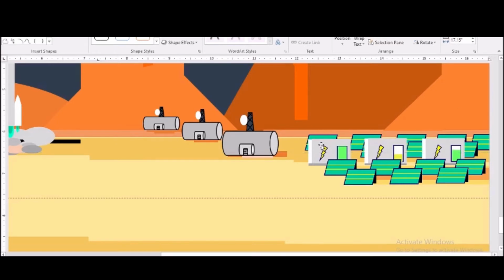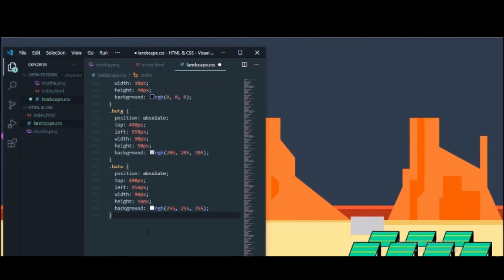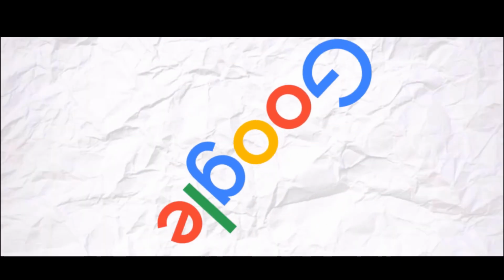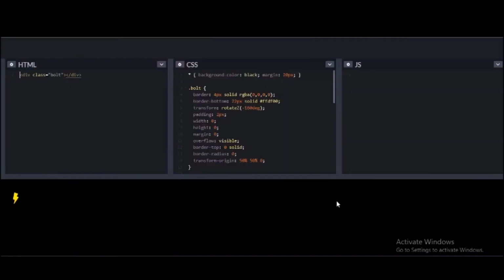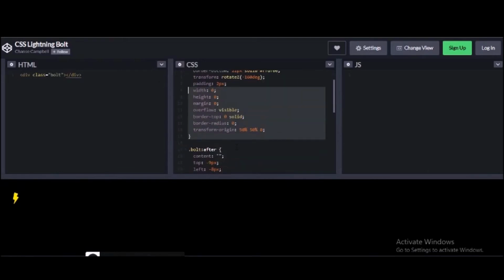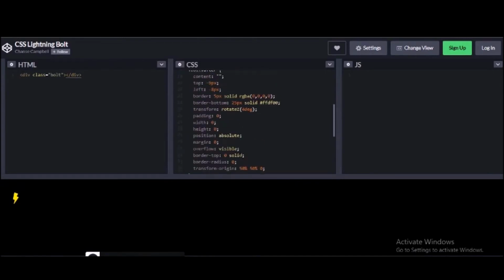And now, the batteries. The indicators on the batteries will be easy to make, but it might be challenging to make the lightning bolts. It's Google time. So after some searching, I found this lightning bolt on codepen.io, and it is designed by Chance Campbell. Alright, it's time to copy and